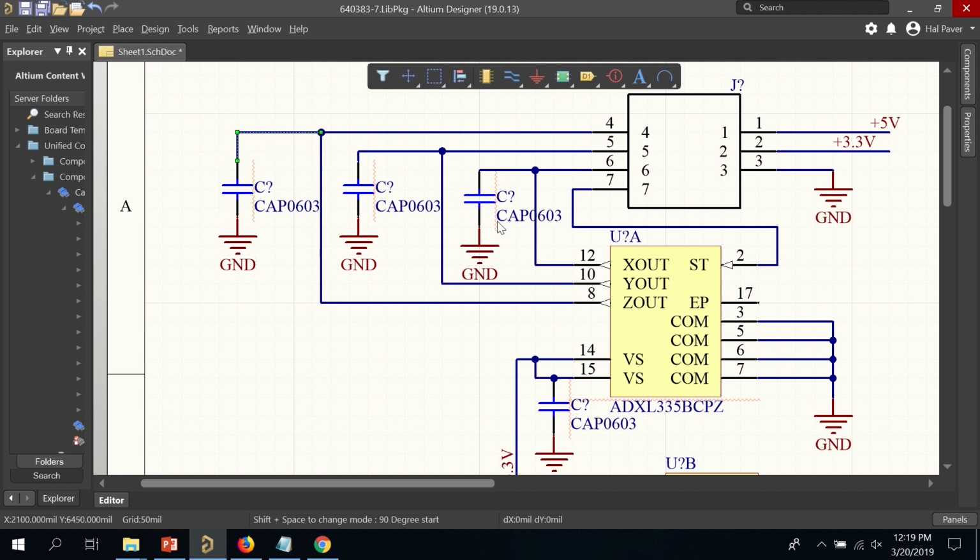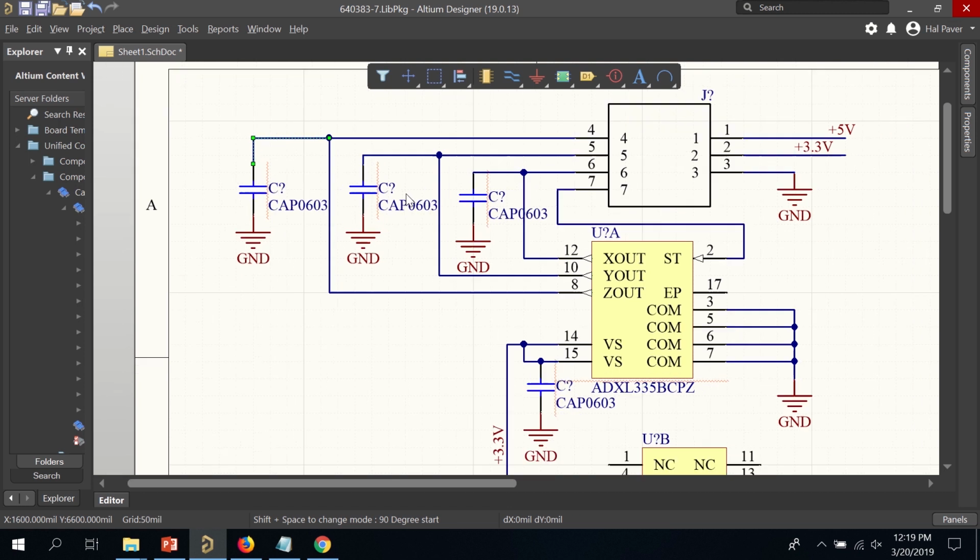So at this point we have the same electrical connection that we previously had, but I believe that this is